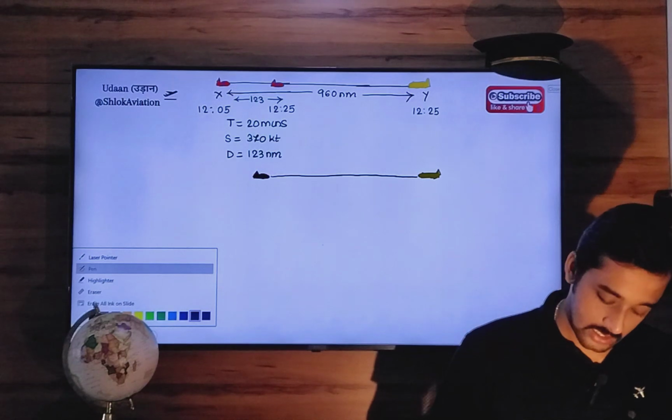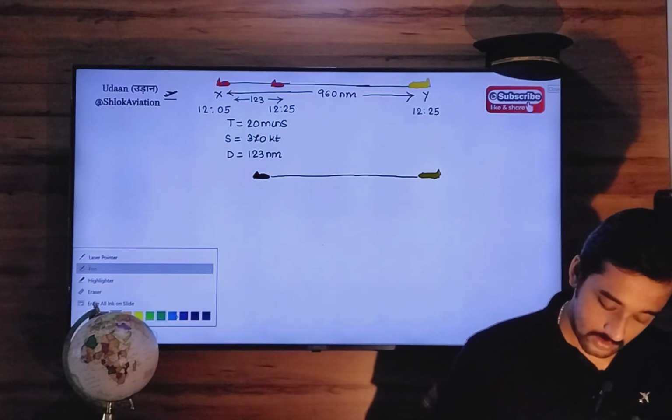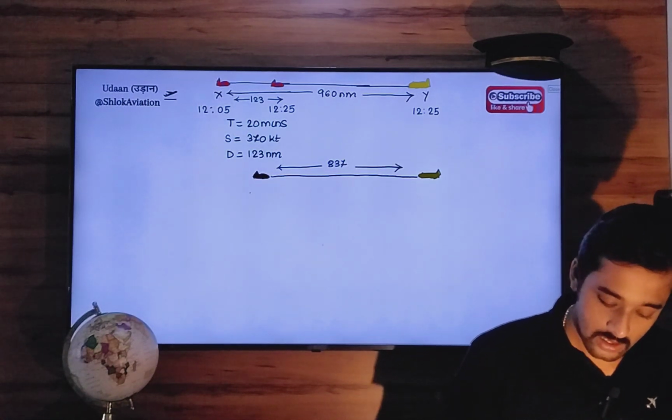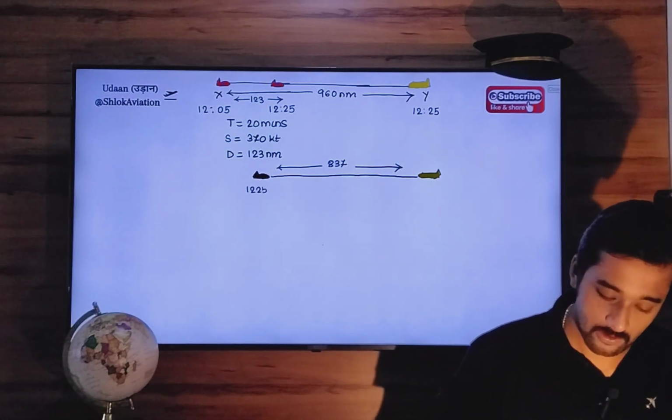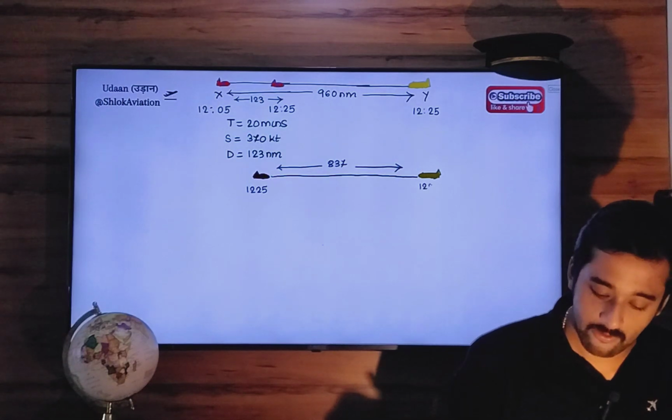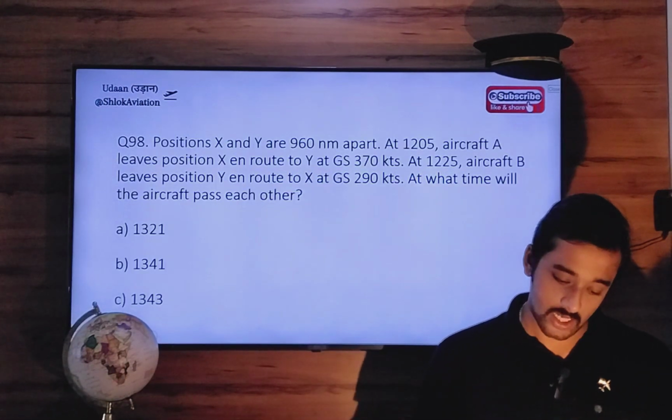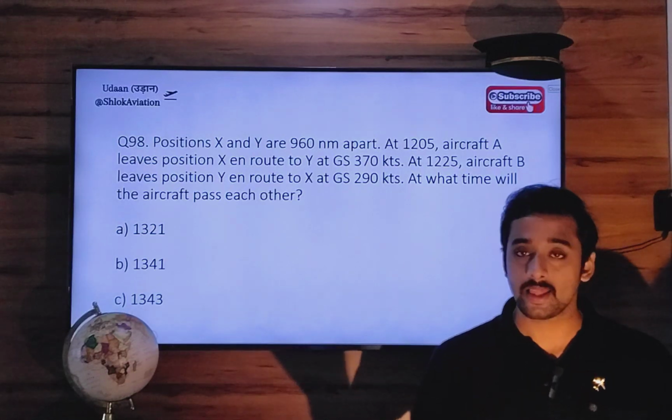So the distance is 837 nautical miles. 12:25. Now we have to find the time